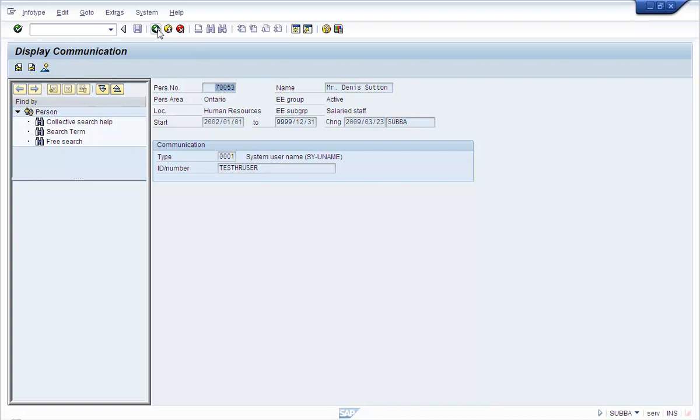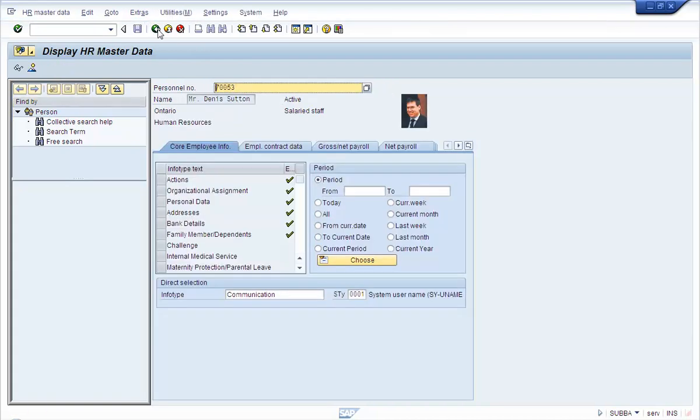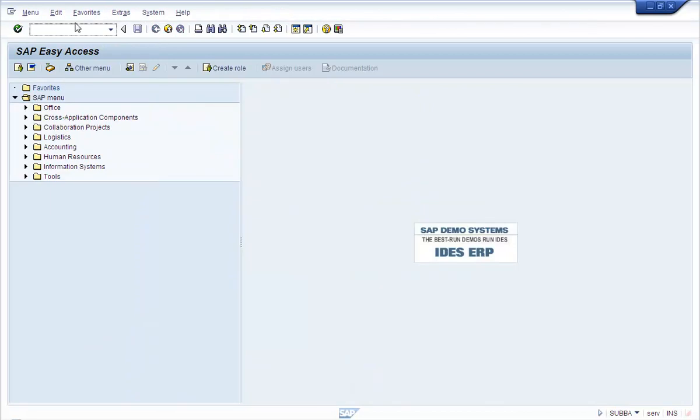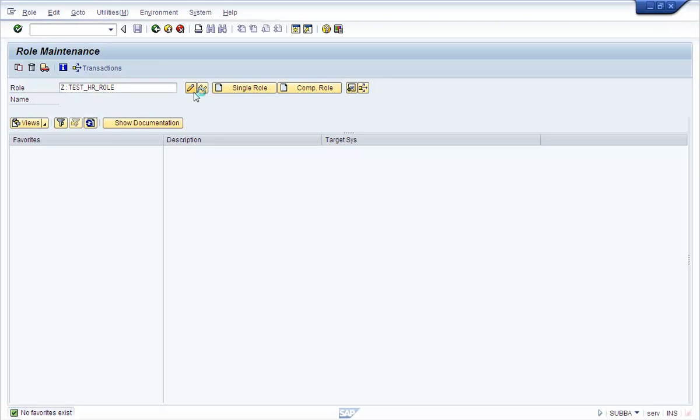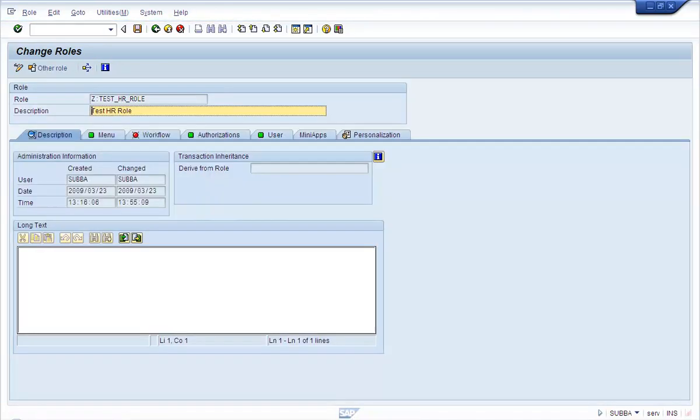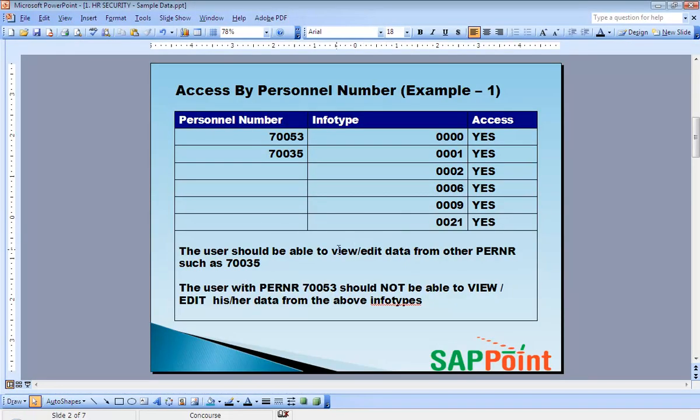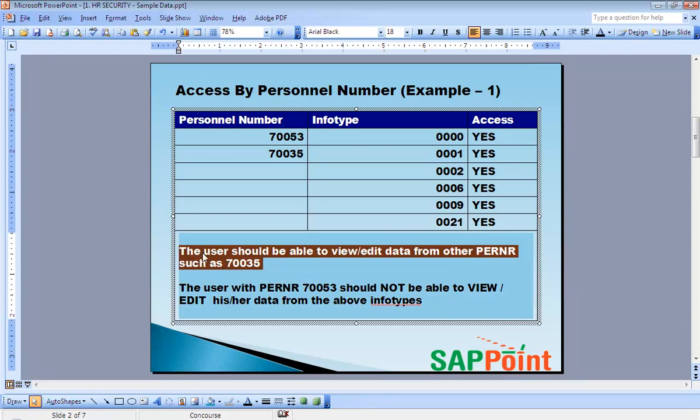Now let us go to the role and we'll try to build this role for this example, where the user should be able to view data for other partners, but not his own.